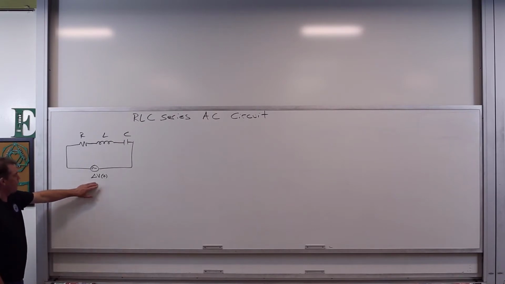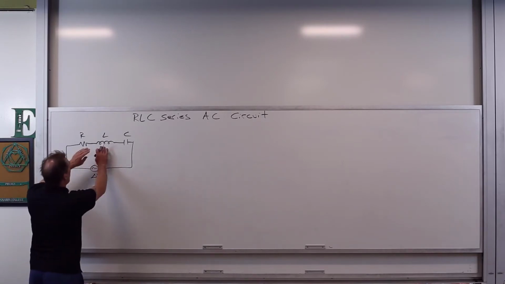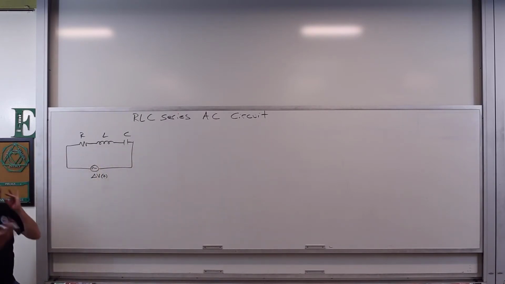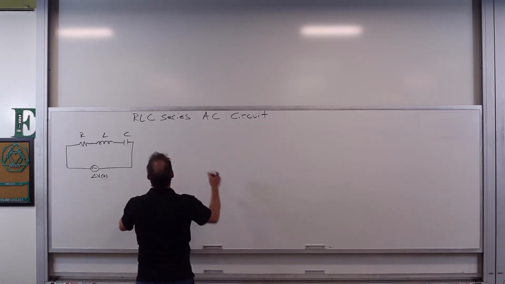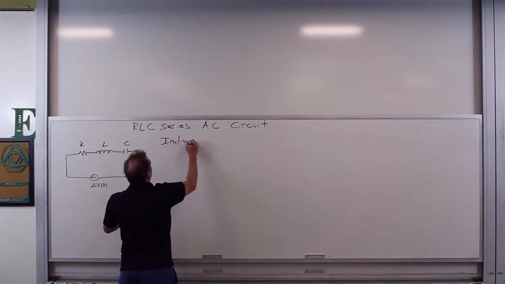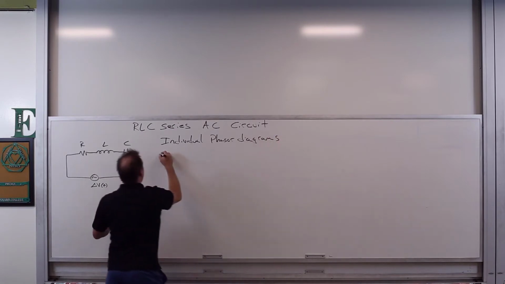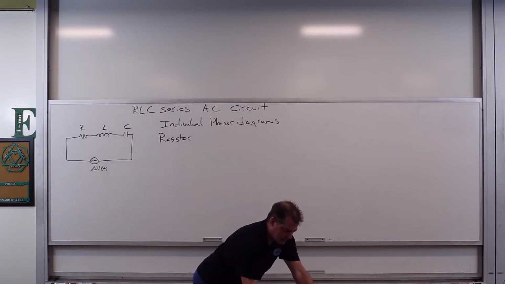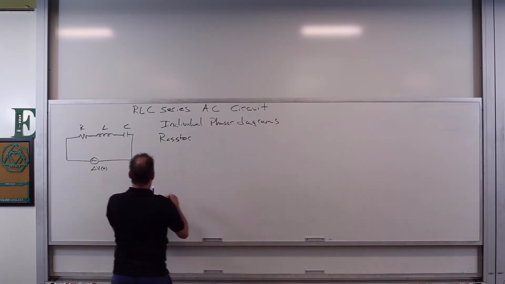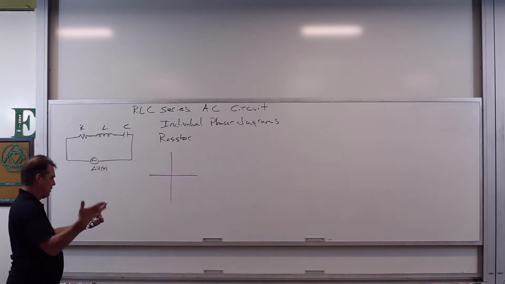The total source potential itself has to be one value at any one given moment in time as it fluctuates. But that source potential gets broken up across these three different elements that have different correlations through time. So we'll switch how we're going to look at this, and we're going to draw this out with phasor diagrams and then extract some information from this. So, individual phasor diagrams. This we had for the resistor. For the resistor, we had, at some time, we'll just say at t equals 0, that